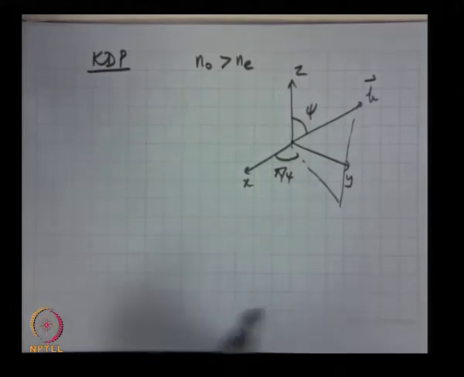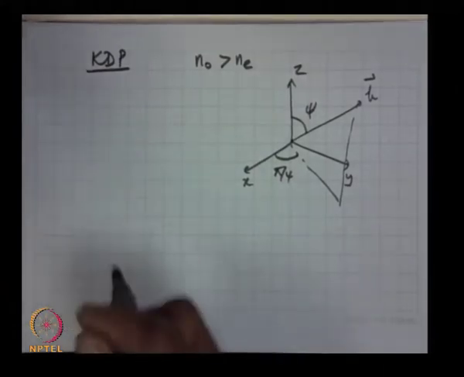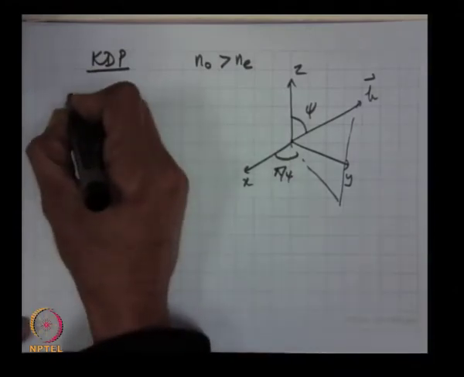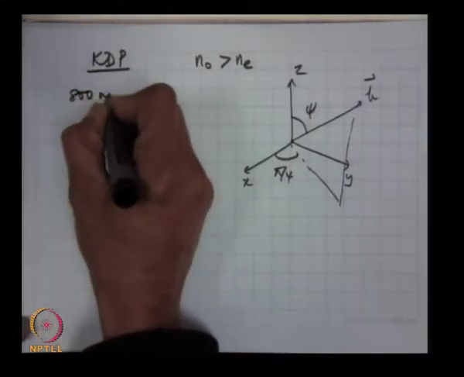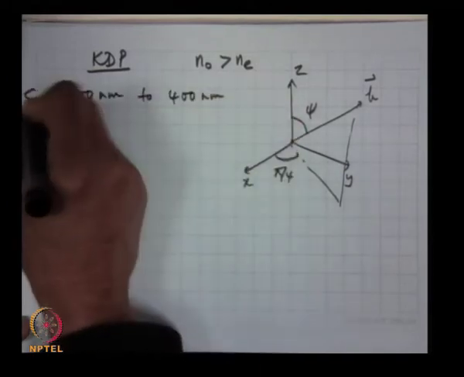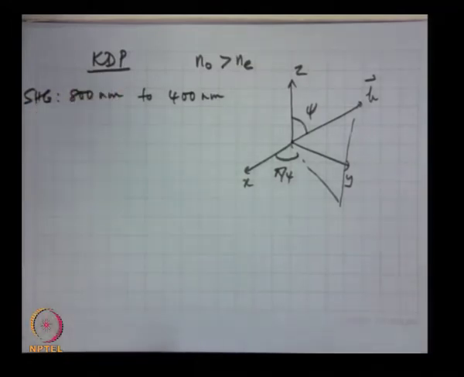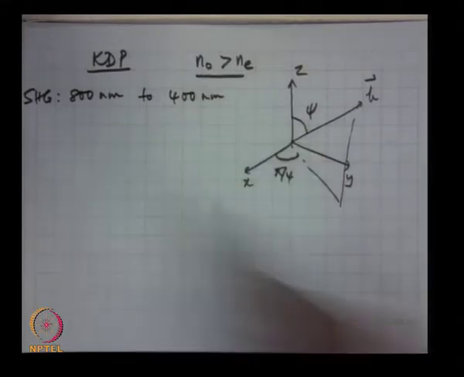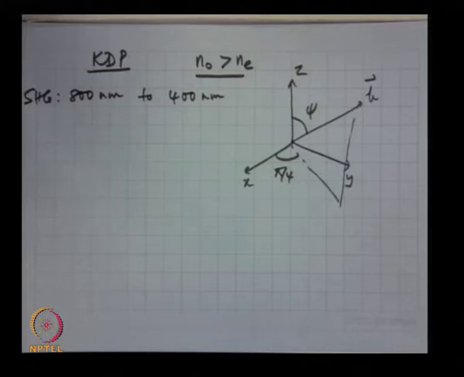So there are two wavelengths. For example, let me take second harmonic from 800 nanometers to 400 nanometers. For second harmonic generation, which wavelength is incident? 800 nanometers is incident, and that generates 400 nanometers. So what is the polarization state of the 800 nanometers that I choose? Remember this condition. Ordinary. We have to choose ordinary, because